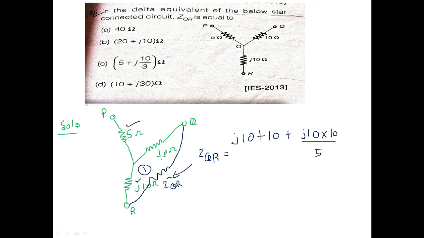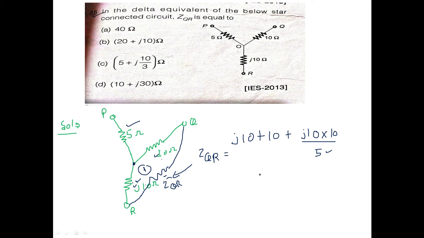So what we have tried is to find this ZQR by using star delta transformation. We see which loop contains this resistance, and we consider the resistance at each terminal in this loop, that is j10 plus 10 ohm. Then we multiply j10 and that 10 ohm, and the one left out comes in the denominator. So this is the main idea behind solving this type of network. First we add, then we multiply, and the rest which we have left is kept in the denominator.